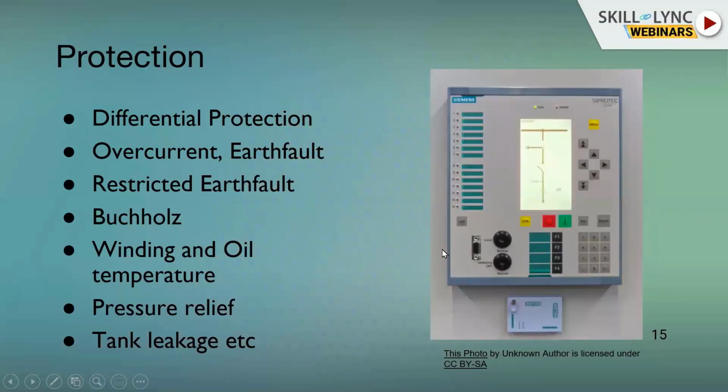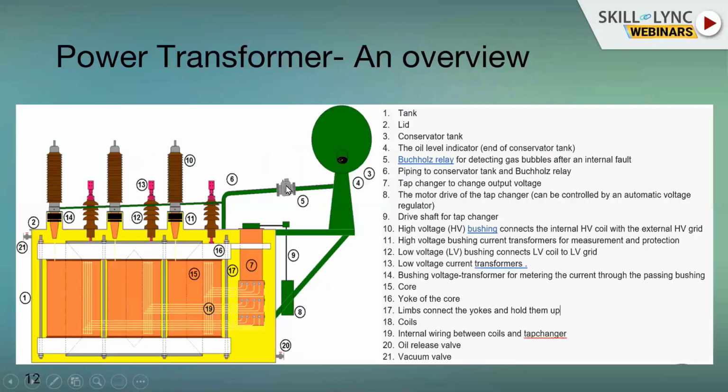And typically we also have protection. As I was mentioning, there is a current transformer and a breaker, and they act in tandem, measuring the current and voltage in the transformer and tripping it. There are some important protections which I have listed: differential, overcurrent, Buchholz. What is Buchholz? I'll just step back here. There's an important device here called Buchholz.